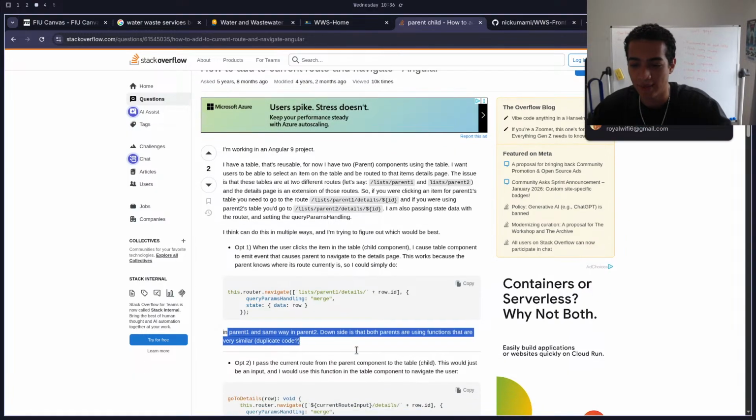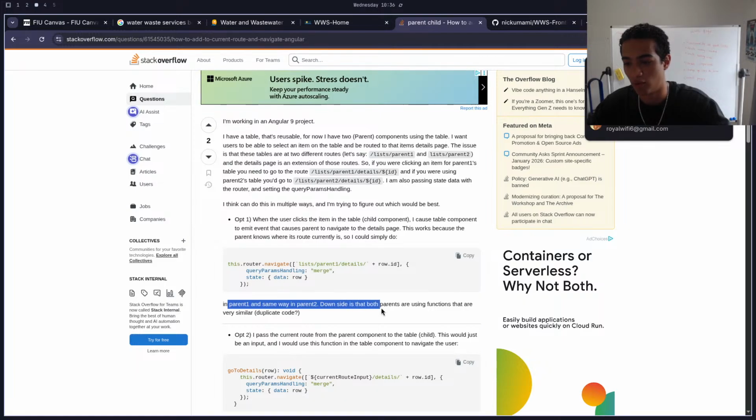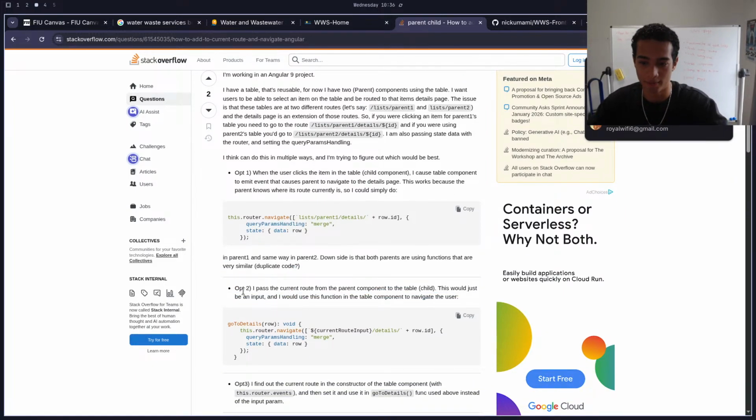In parent 1, same way in parent 2. Downside is both parents are using functions that are very similar. Duplicate code, right? You want your code to be DRY, don't repeat yourself. What the heck is that acronym? I forgot. Option 2, I pass the current route